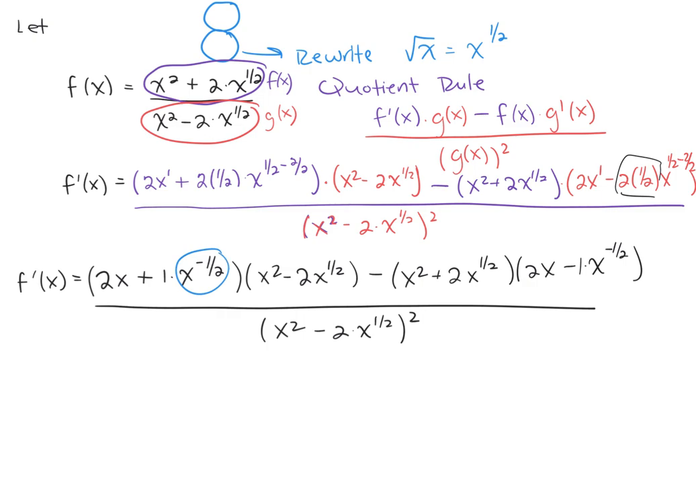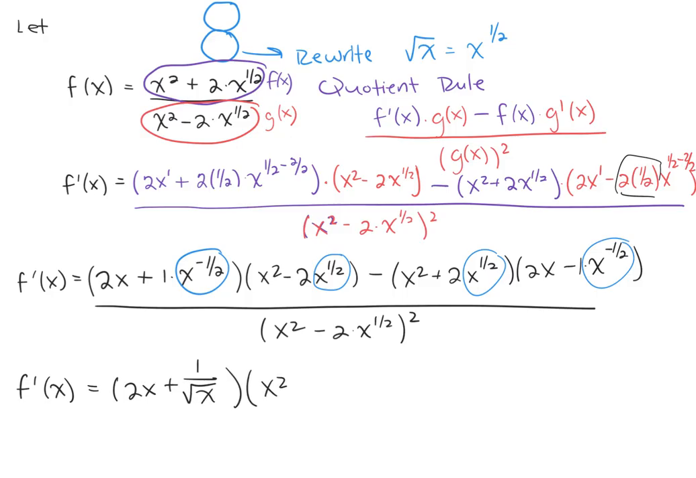and rewrite all of these guys that have the raised to the 1/2 power. I'm just going to rewrite them using that square root sign, that radical sign, and then we can leave our final answer like this. So in the numerator, I've got 2x plus, so that's the same thing as 1 over x to the 1/2. And remember, x to the 1/2 is the same thing as the square root of x. And then x squared minus 2 times the square root of x